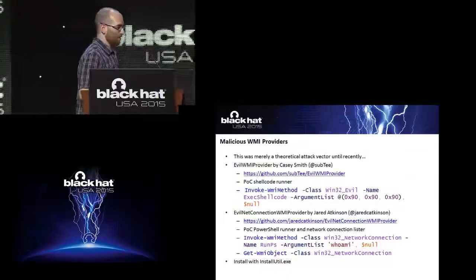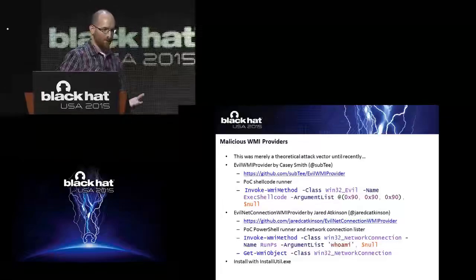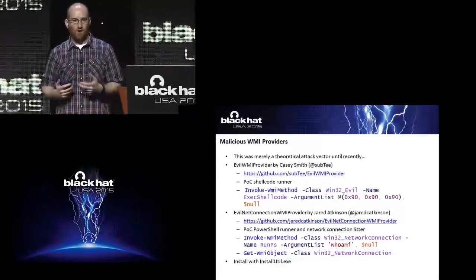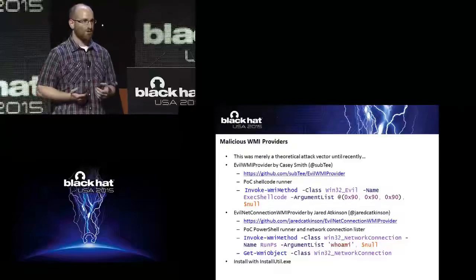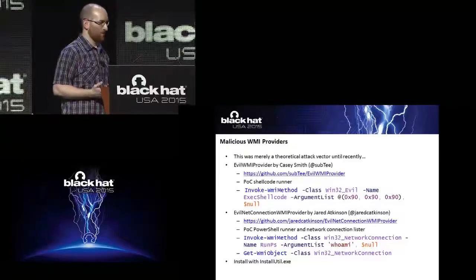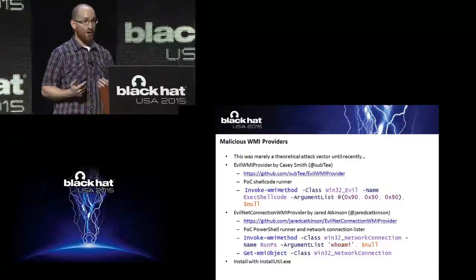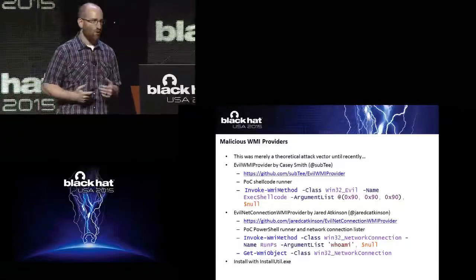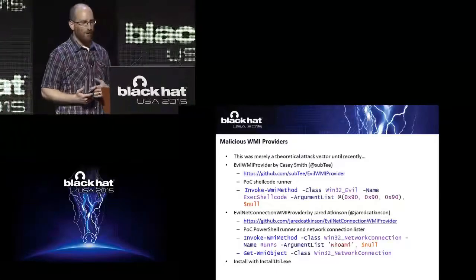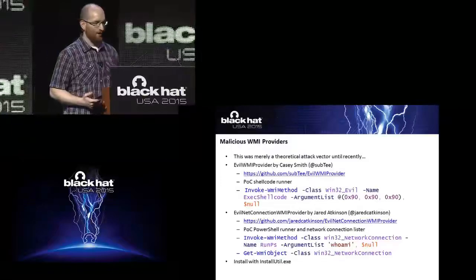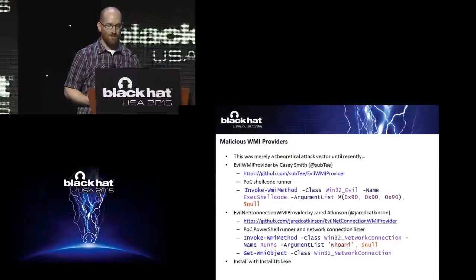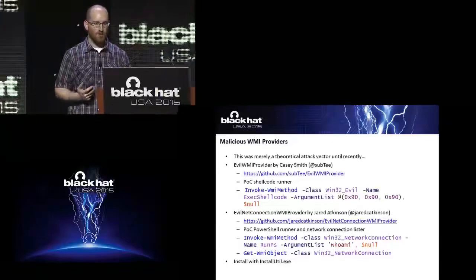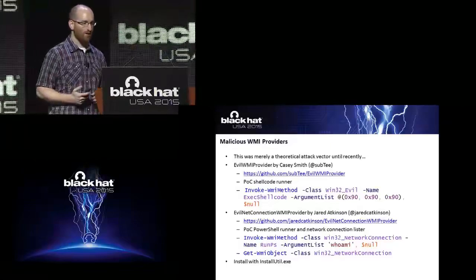Now, I was talking with my colleagues, Willie and Claudio, and Willie brought up a while ago that, theoretically, why not just create a malicious WMI provider, right? Because then you could create some interesting custom WMI objects and implement your own methods. The Win32_Process Create method is really nice for attackers. Why can't we extend that? So I reached out to some buddies on Twitter, Casey Smith and Jared Atkinson. These guys are awesome. They banged out some proof of concept, actual malicious WMI providers, that very night when I gave them all of these